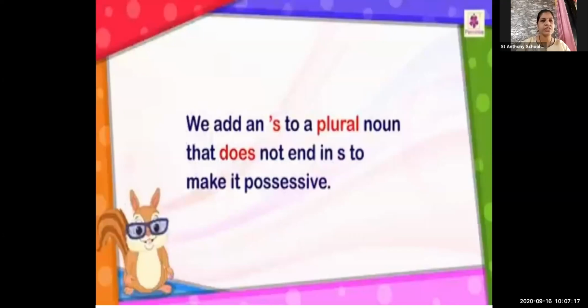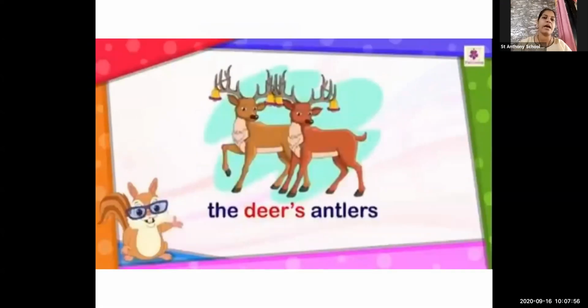There are some exceptions that do not end with an s, even though they are plural. In singular and plural, we have seen there are some exceptions which do not change their plural form. They remain the same in the plural form. When we talk about this kind of plural, we just add an apostrophe and s. No need to remember, only follow that. If the plural does not change the noun, at that time apostrophe s will come.